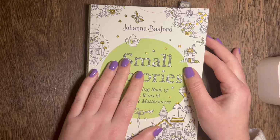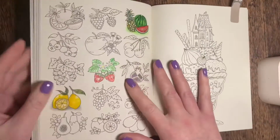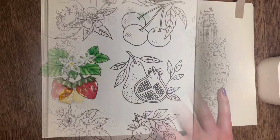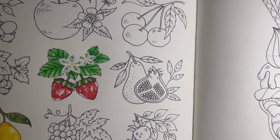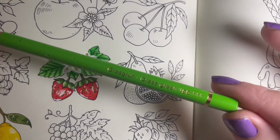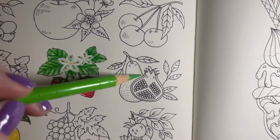So yet again I'm back here with Johanna Basford's Small Victories. This time the tutorial is going to be on the pear and the pomegranate, so let's get straight into it. I've already pre-picked out all my colours and they are just to the side of it. I'm going to start off with the pear first and we're going to go straight in with the polychromos pencils again, grass green 166, and we're just going to do a very light layer over the whole